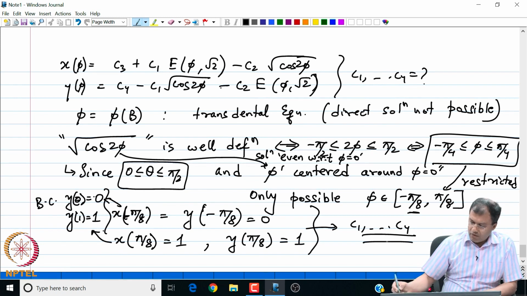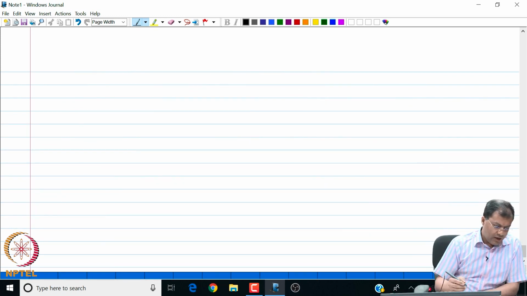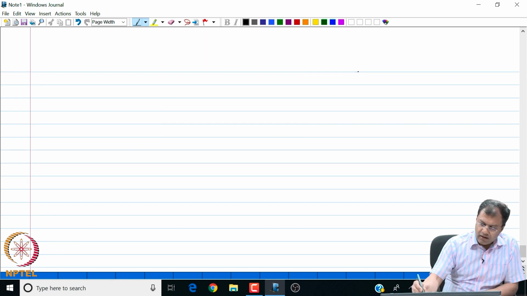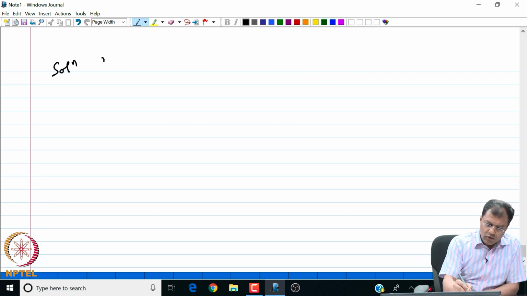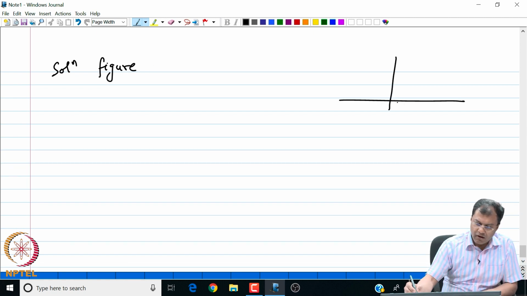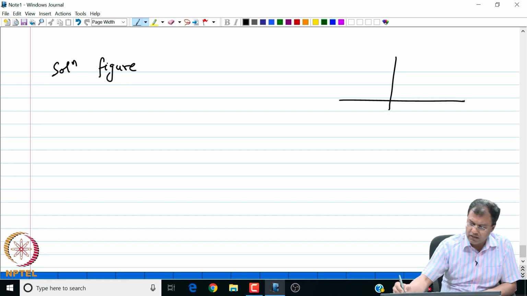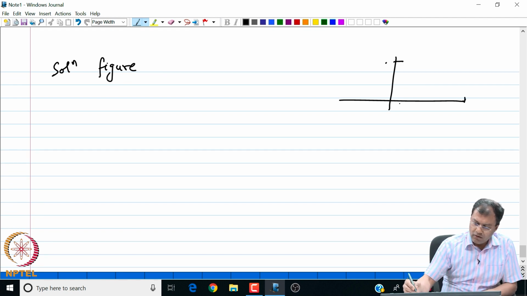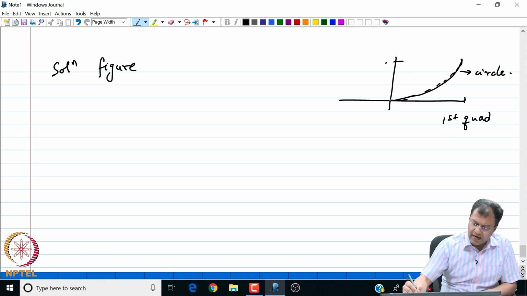Now, before we wrap up this example, I just want to highlight how the shape of the solution compares. So, how does the shape of my elastica compare with the shape of a unit circle? We are talking about the solution in the first quadrant, right. So, in the first quadrant, if we were to plot a unit circle, it will have the following shape, right. And on the other hand, if we were to plot the shape of the elastica, it comes out to be quite close, right.